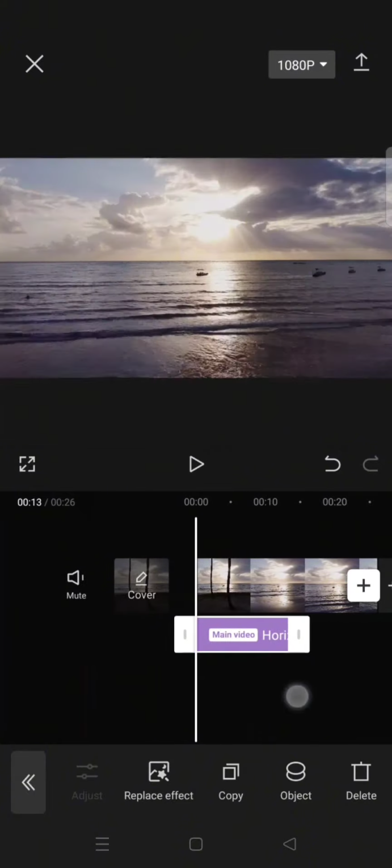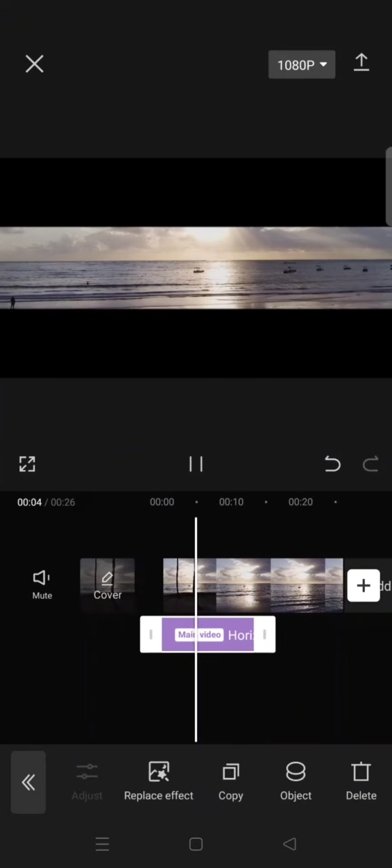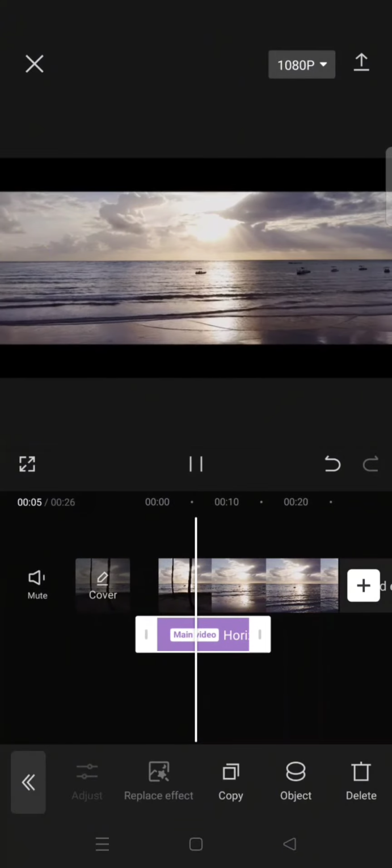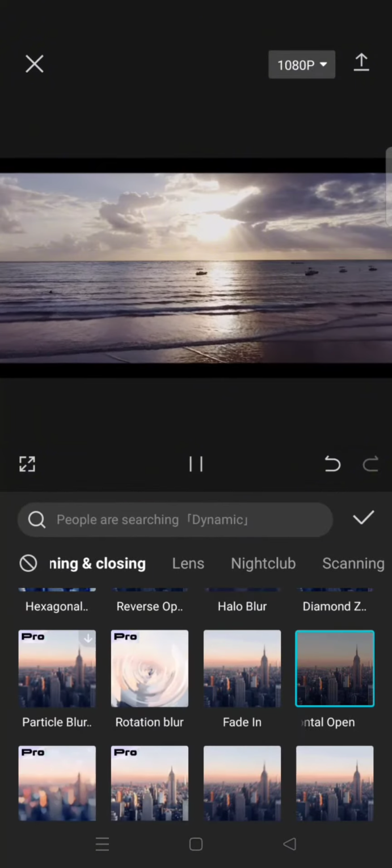look cinematic. Okay, this is the first option. You can see your video will look like this. I'm going to just adjust it like that, half of the clip. Okay, so that's the first option, and the second option is you can use this other effect still on the